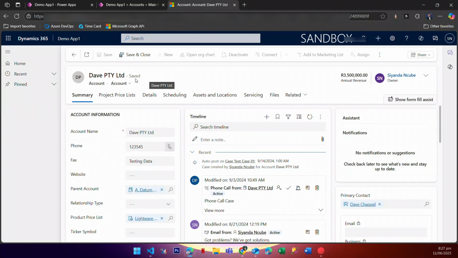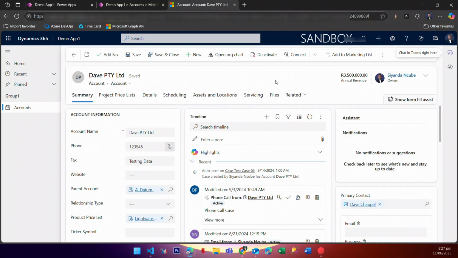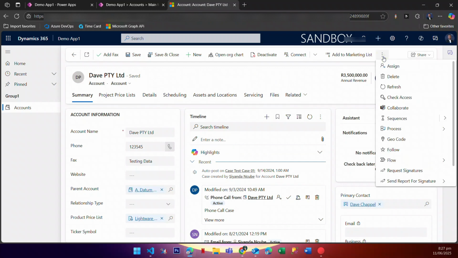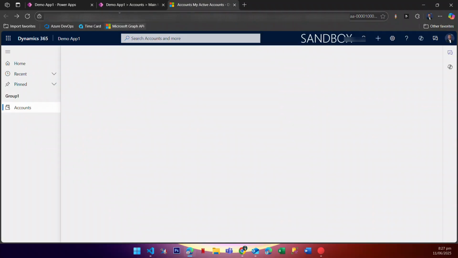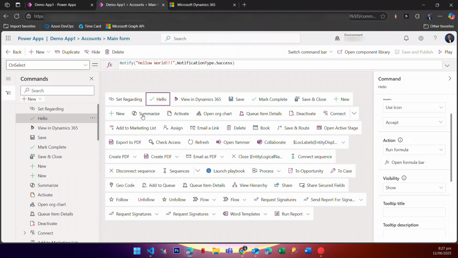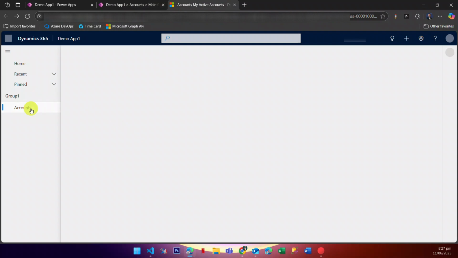Now we'll wait and see if our button appears. So at the moment it does not appear. Oh yeah, no, it does not appear. So it's done. Now we'll go back to our front end